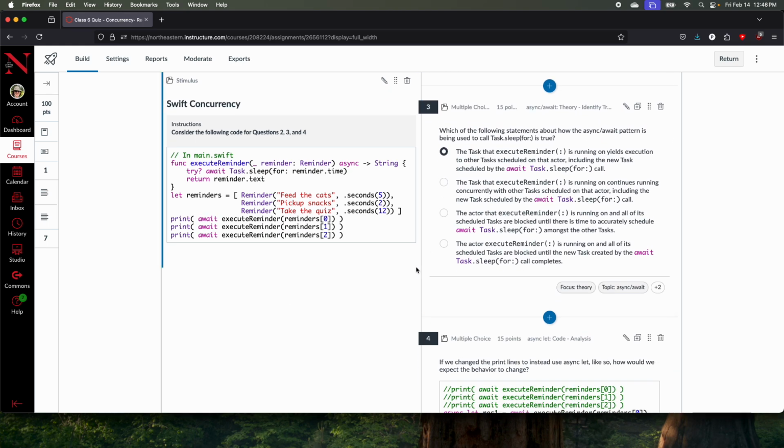Which of the following statements about how the async await pattern is being used to call task.sleep4 is true? The task that execute reminder is running on yields execution to other tasks scheduled on that actor, including the new task scheduled by the await task.sleep4 call. Basically, when we